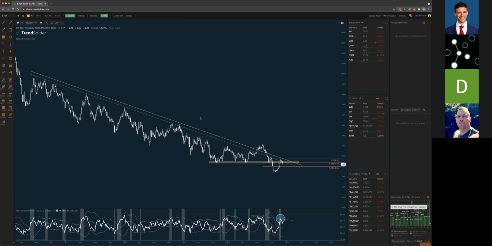This is the 10-year Treasury chart on a monthly time frame. Traditional scale, not log. I've been watching this forever, ever since things kind of went crazy earlier this year, and you can see the inverse correlation between the 10-year and the stock market. So I've been watching this very closely, and it gave me a chance to show, because I was asked to show some of my favorite indicators,